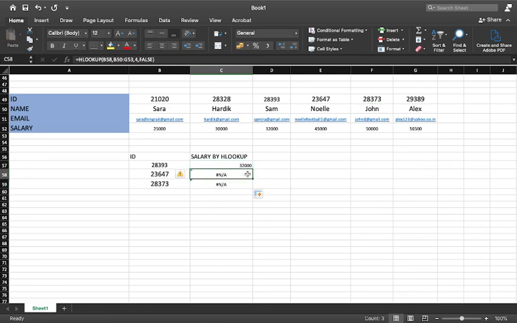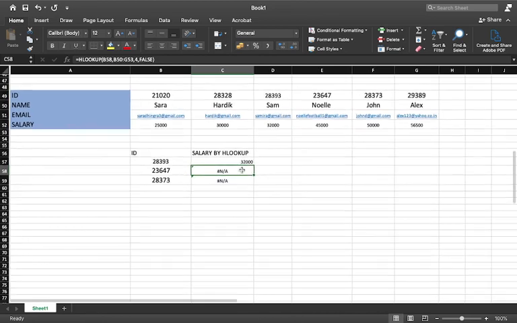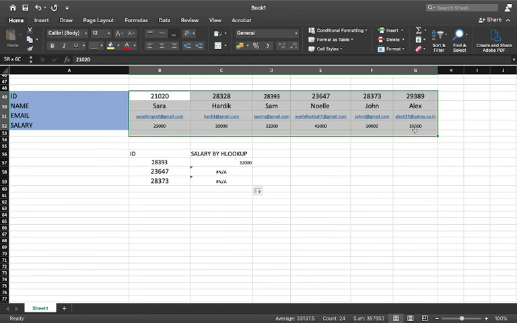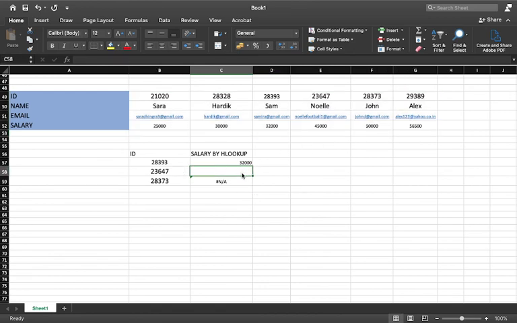Here, because I haven't fixed the table array yet, for that you need to refer to the previous video. We'll have to fix our table array so that we don't get NA values here, and for that you have to use the F4 key. I have explained that in detail in the previous video.